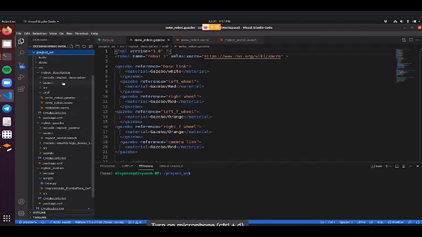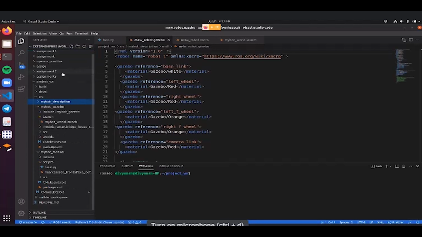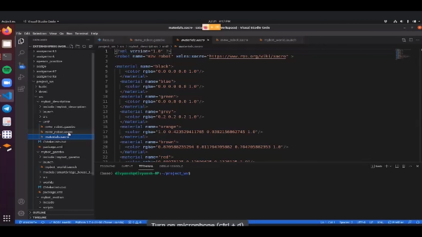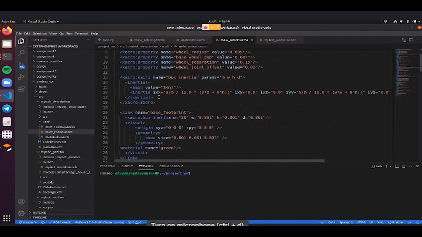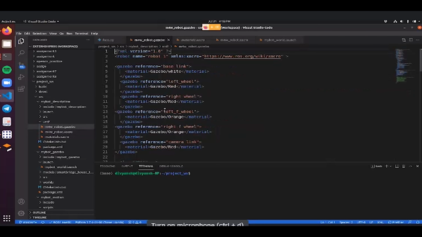Here we created two packages, namely mybot_description and mybot_gazebo. mybot_description has all the URDF files concerning the build of our robot, which are Gazebo and Xacro files, which explain how our robot looks and the features it has, such as the camera, the kind of wheels it has, and so on.